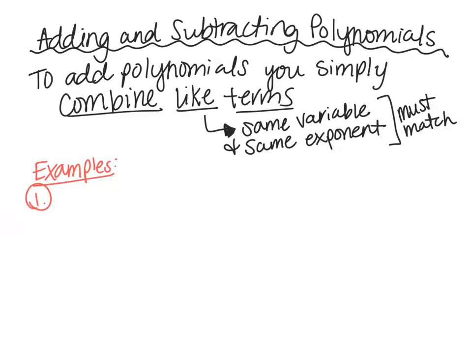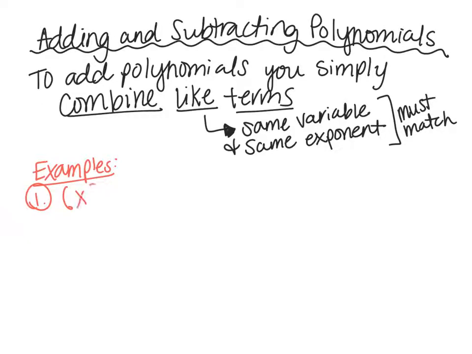Right, the first thing that we're going to look at is adding and subtracting polynomials. To add a polynomial, all you're going to do is combine the like terms. Remember, a like term means it's got the same variable, and that variable has the same exponent, so everything must match. So let's say, for example, we have the